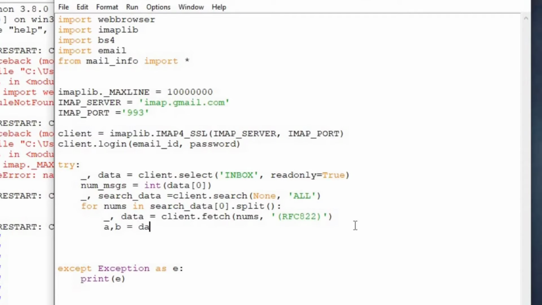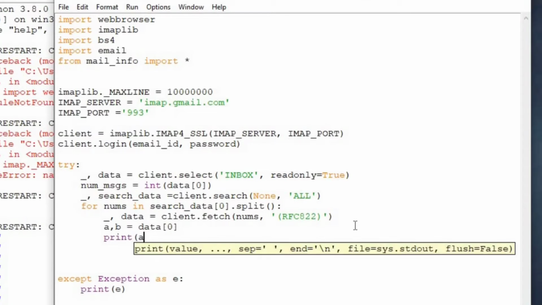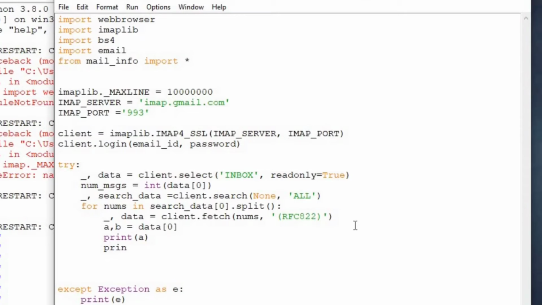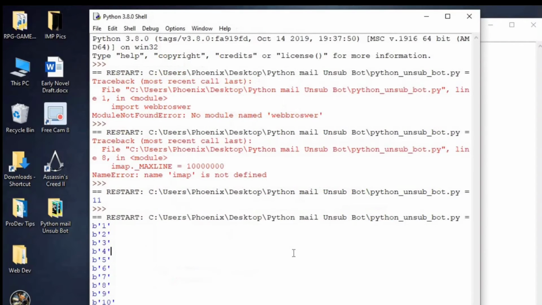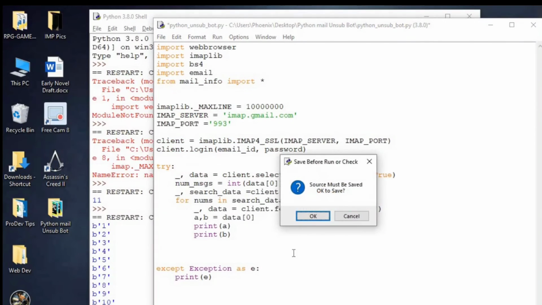If you say a comma b equals data of 0, and if I say print a, and if I say print b, why did I take a and b? Because data of 0 returns two types, two objects, and I need to store them separately. So if I go ahead and run this,